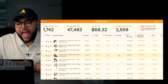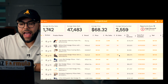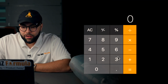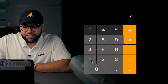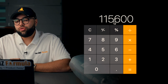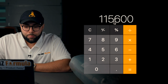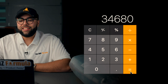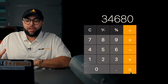So here you can see the average monthly sales for this product is around 1,700 units, and the average sales price is $68.32. So if I go ahead and pop up the old calculator here, and let's just round these to whole numbers. If you take $68 times 1,700 units, here you can see on average that they're doing around $115,600 gross per month. Now, if you times this by 0.30 for 30% profit margins, here you can see that the average net, if you take the top and you take the low and you find that medium, is around